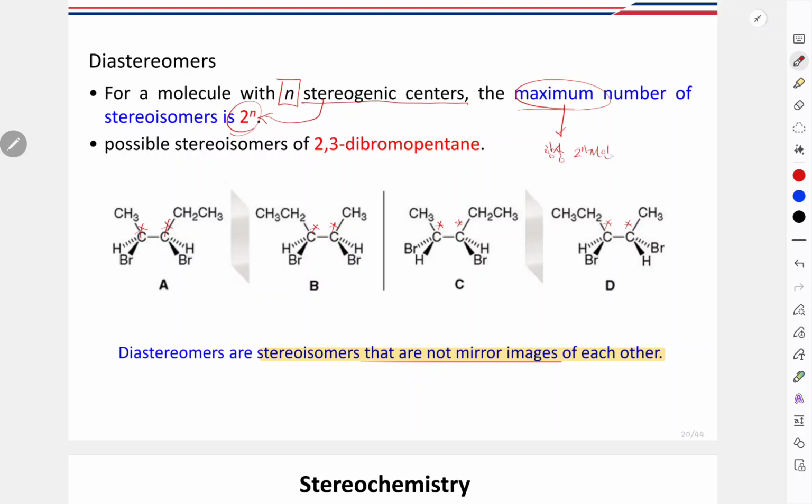그래서 2,3 다이브로모 펜테인을 보면 이제 2개의 asymmetric center가 있으니까 각각 2가지 possibility가 존재하고 absolute configuration이 R 혹은 S니까 조합의 문제인 거죠. 2 곱하기 2 하면 4가지가 가능한 거죠. R,R, S,S, S,R, R,S 이렇게. 뒤에서 또 다루겠지만 그들 사이의 관계를 봤을 때